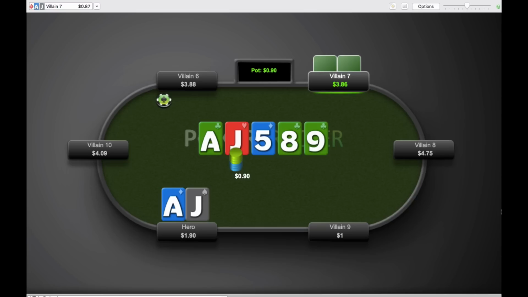I mean, maybe a king-queen of clubs, possibly. Other than that, I don't think the 9 should really help him in any way. I don't think he should have any straights here, so it's really difficult to be concerned at this point. He does check again, and Finnegan decides to come out for the just over half pot value bet on the